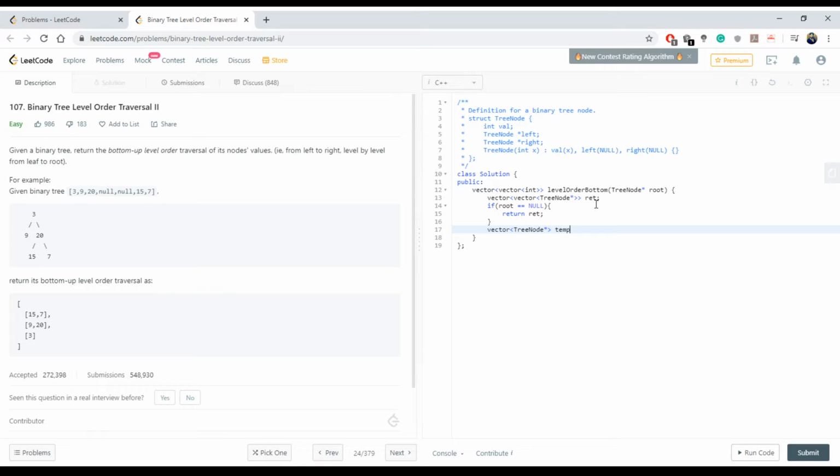Let's just call it temp dot pushback root, and we're going to keep iterating till, let's say, the last list has any values. Yeah, so basically that, which is temp, so while